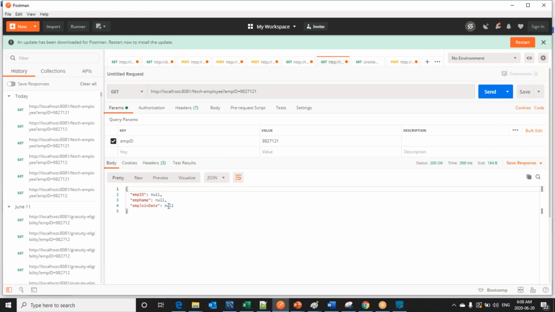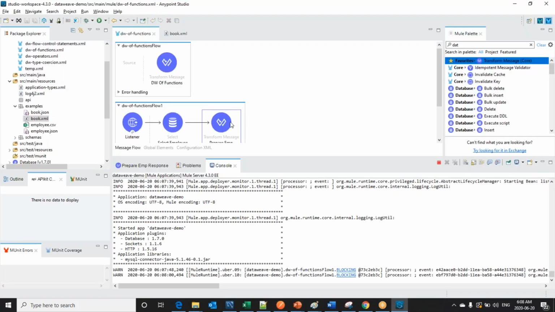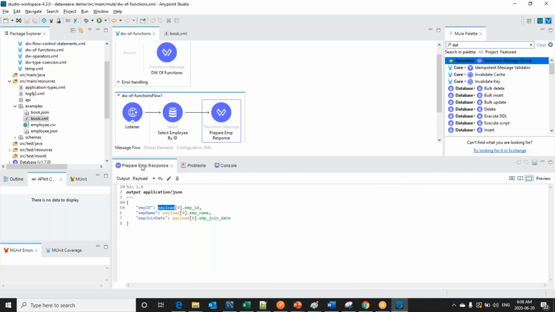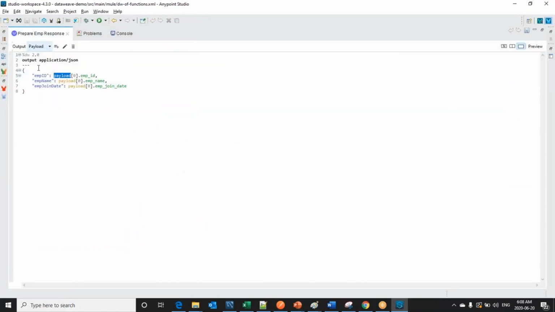So in real time, it doesn't make sense that whenever we don't find an employee ID we respond back like this. So to handle this, we can make use of size of function and control statements that we discussed, that is if else.